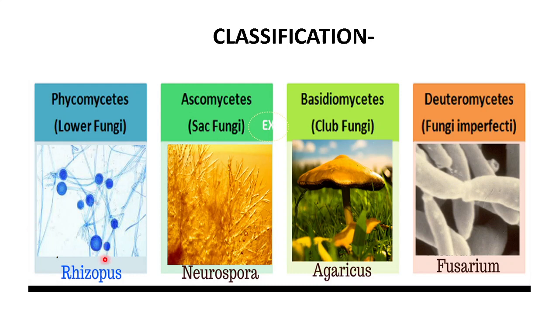Now, Phycomycetes, example is Rhizopus or Mucor. This is very commonly known as bread mold. They grow upon bread pieces. Ascomycetes, commonly called sac fungi, example Neurospora. Basidiomycetes, club fungi, example Agaricus mushrooms. Deuteromycetes, example Fusarium. In the next discussion, we will go into details about